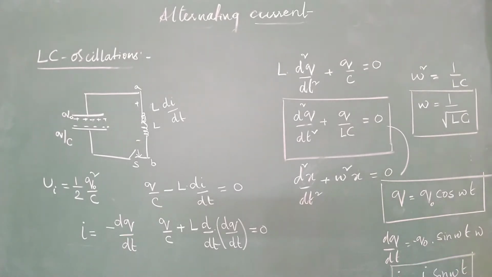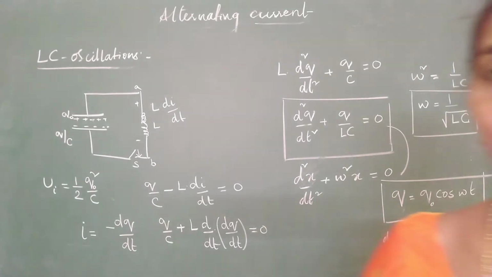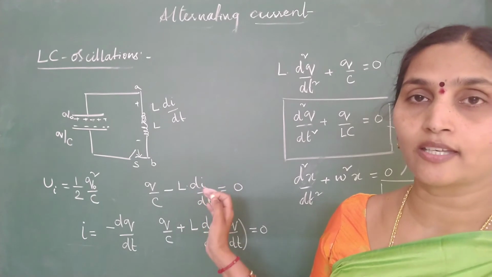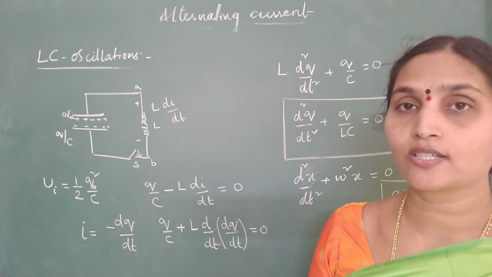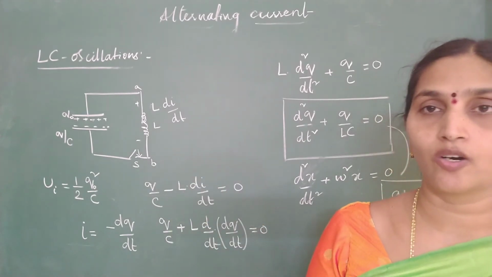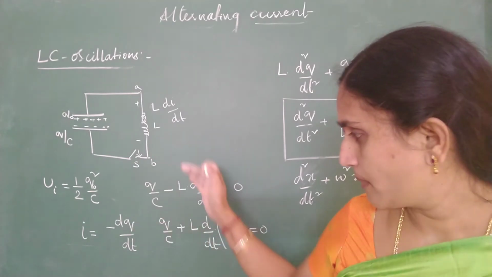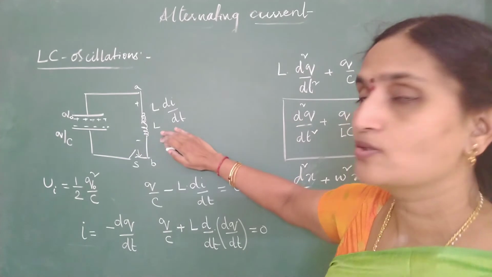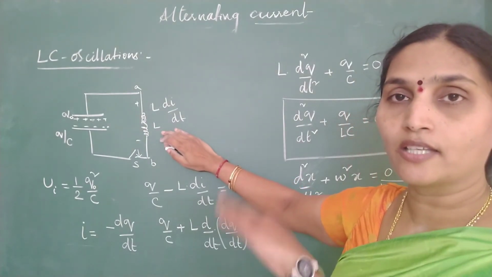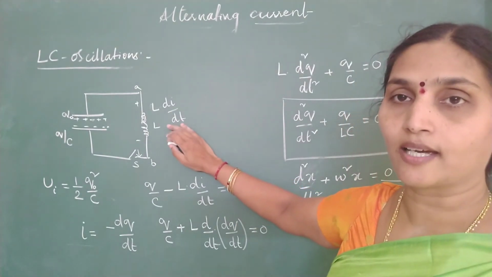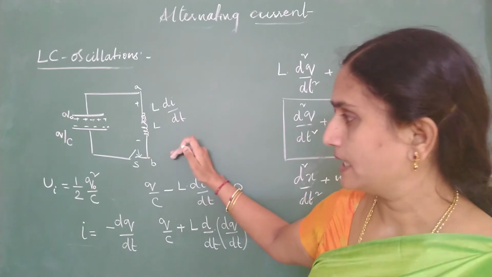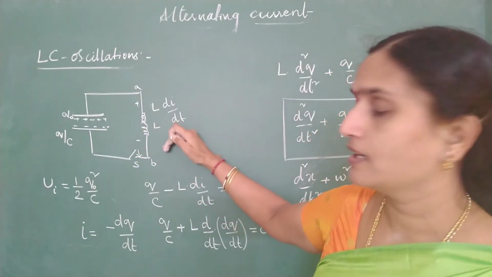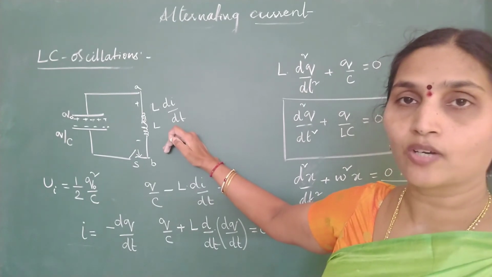So is current in the circuit also oscillating with time? So current is also oscillating and charge is also oscillating with time. Then such oscillations we call them as LC oscillations. So this is mathematically proving that when a charged capacitor is connected to an inductor, current is sinusoidally oscillating with time. Now we can also explain it by just showing energy dissipated by capacitor and inductor,